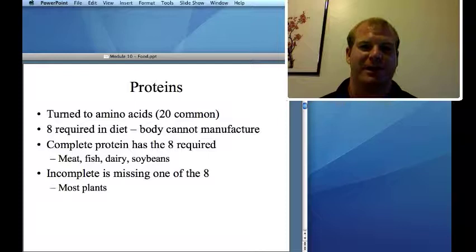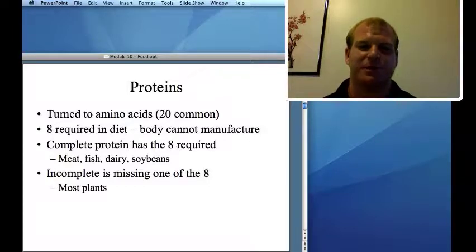So we need those 8. And that's the reason why humans are a little bit on the carnivorous side. We're omnivores. We can even survive just on vegetable and non-animal sources for food. It's just difficult, and we're not really built to do it. So if you decide to become a vegetarian, be very careful and talk to some experts to make sure you're